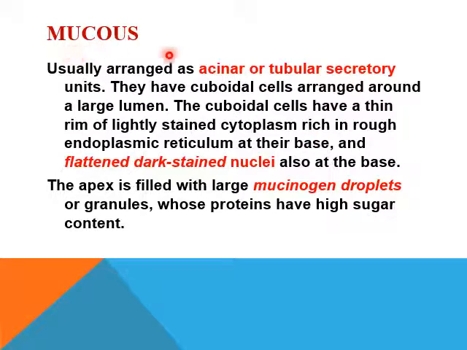Mucous acini are usually arranged as acinar or tubular secretory units. They have cuboidal or short pyramidal cells arranged around a larger lumen than the serous acini. The cuboidal cells have a thin rim of lightly stained cytoplasm, so in histological section they appear lighter than serous acini, rich in rough endoplasmic reticulum at their base, and the flattened dark stained nucleus is also present in the